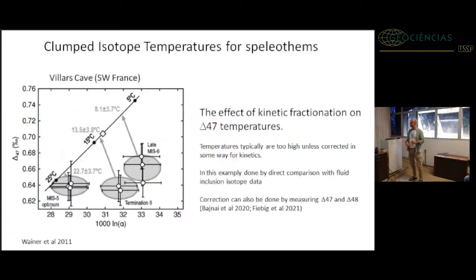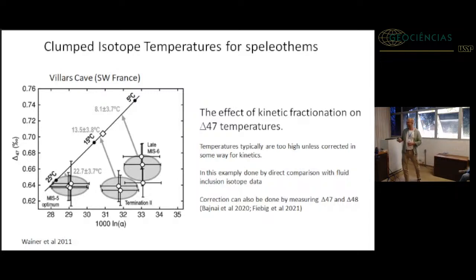What's the problem that we have in speleothems? Roughly this. Weiner et al. 2011. The Δ47 on the y-axis, and let's say fractionation on the x-axis. The x-axis we get by doing fluid inclusion isotope analysis. So we get the oxygen from the fluid, we get the oxygen from calcite. You can calculate your 1000 ln alpha. And if this thing would be in equilibrium, then that line that you see there is where all the data is. If it's kinetically, well, some people would say screwed, but kinetically affected,